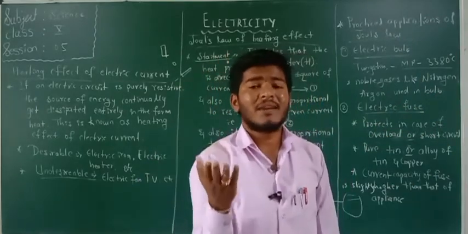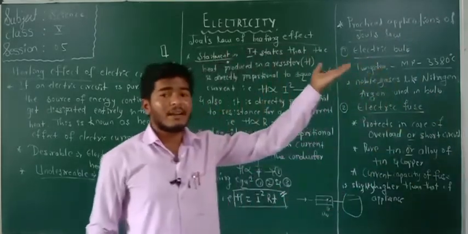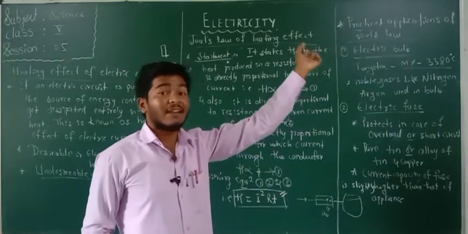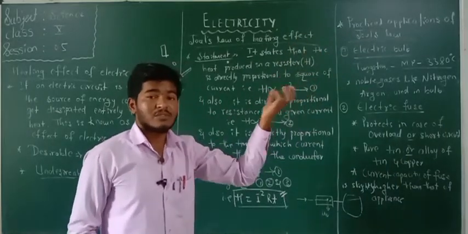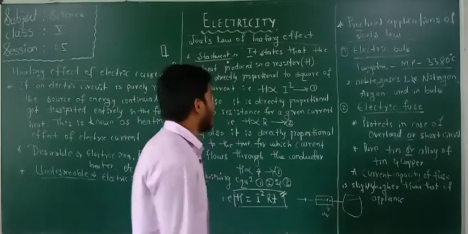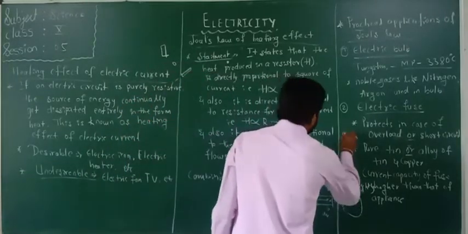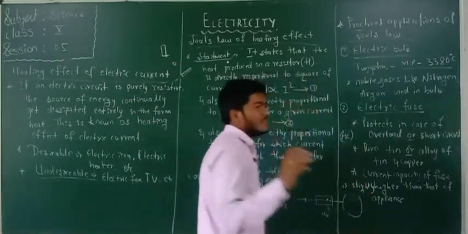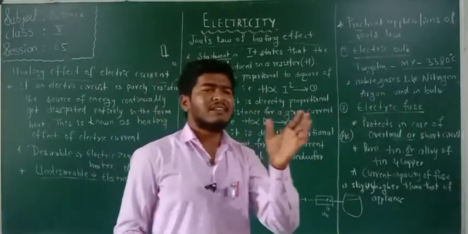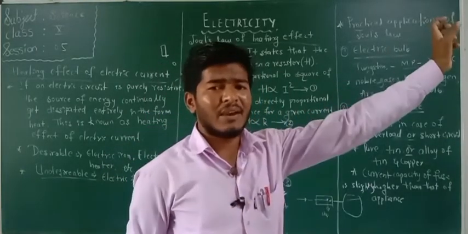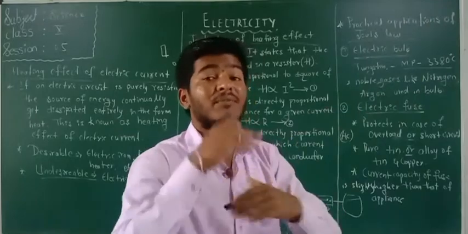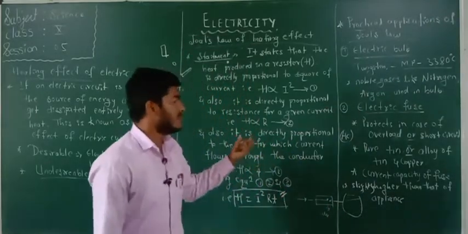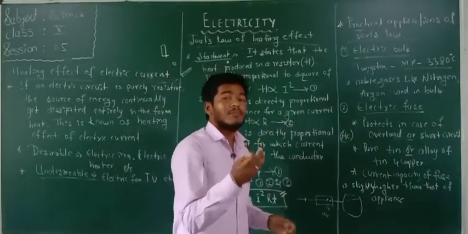Why are they going to make fuses? Because the current coming from the electrical cable from the outside is an alternating current. We say it as AC, alternating current, because it doesn't have a fixed current flow coming from that wire. It is not a fixed quantity. It will be variable. In some cases, the amount coming from that cable will be very high.